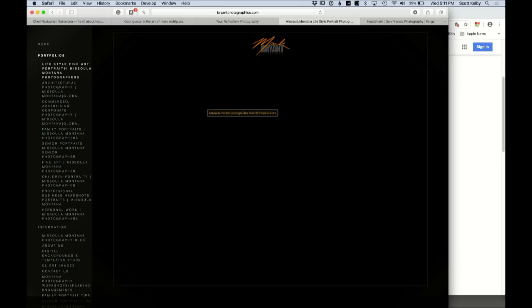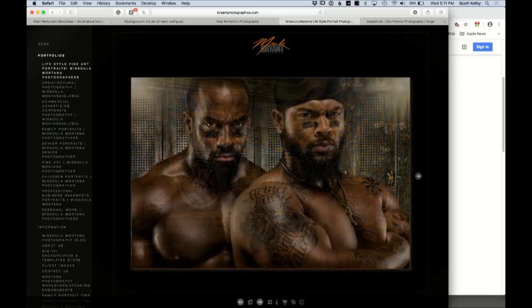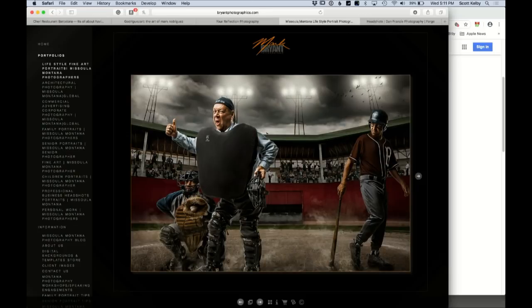Small images. Well, that's nice. Hey, I was right though. It is a good photographer. Ooh, I like that. But now, I can't even read it. What is on the left there? That is the small portfolios. I can't read it. So that's lifestyle fine art portraits from Missoula, Montana photographers. And then this is architectural photography. All of them say Missoula,